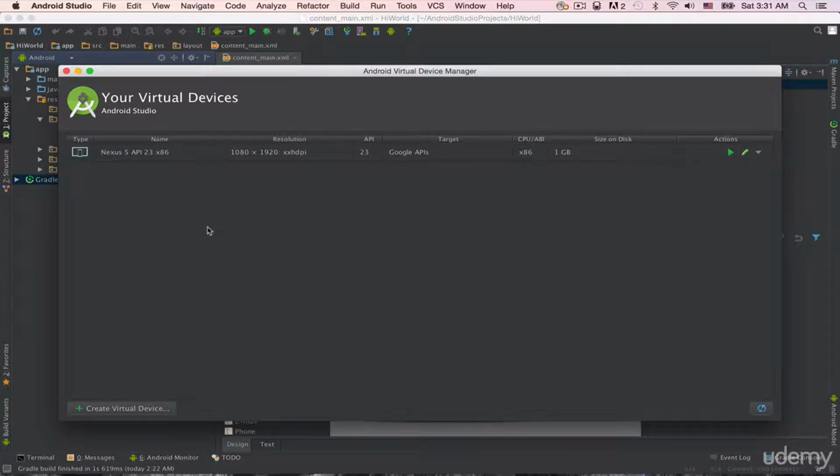Okay, as you can see I have got a default AVD installed in my Android Studio. The reason that I have the AVD installed is because when I was installing Android Studio, I checked the option for downloading the system image and installing the AVD, or Android Virtual Device, for me. But if you have got any problem with the default AVD, you can create a custom virtual